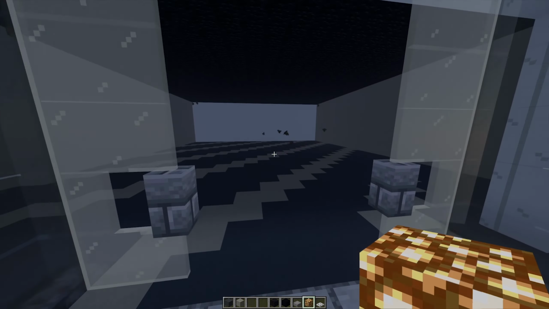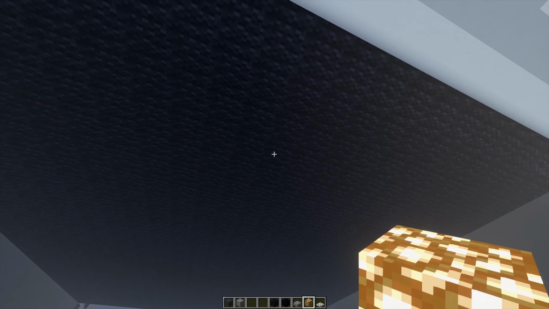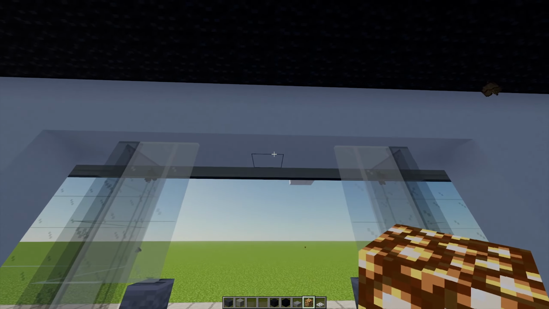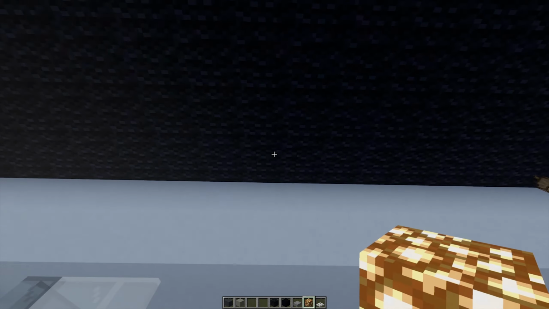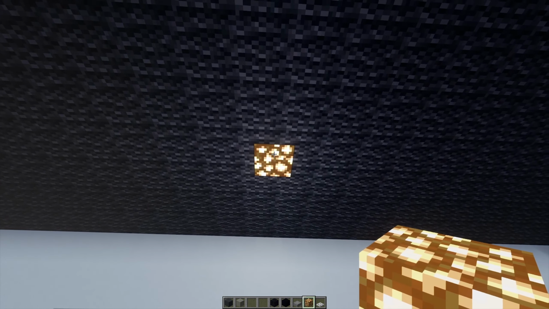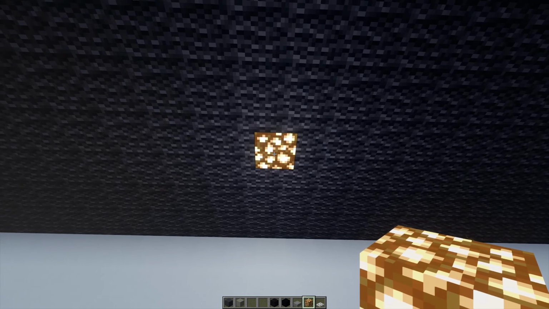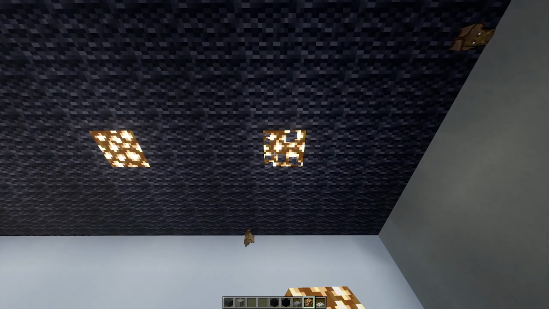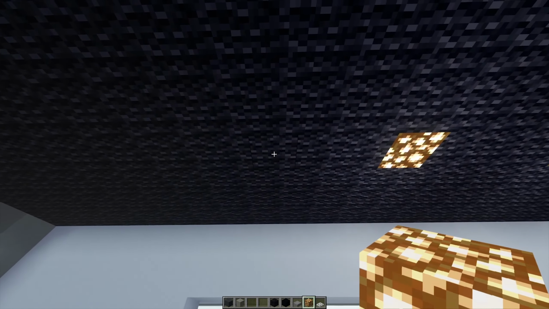And next up, let's sort this back problem out, because as you can see, it's a bit dark in here. So with some glowstone, from this middle point where the door is, from this bit of the roof, I'm going to go across 3, and on the 4th block, place 1 glowstone just like that. And then either side, I'm going to place 2 more blocks of glowstone, leaving a gap of 3. So just 1 there, and then 1 there. Do that on the other side as well,